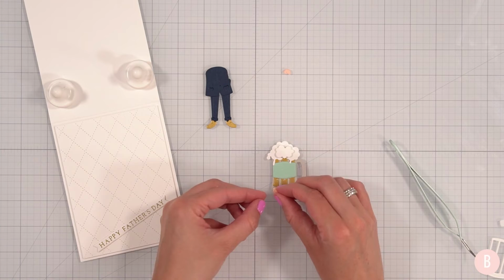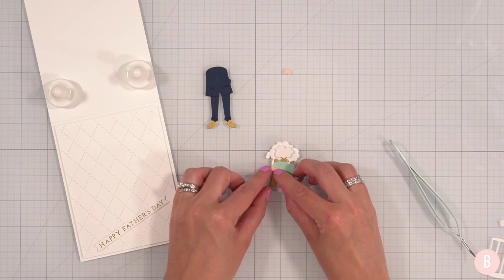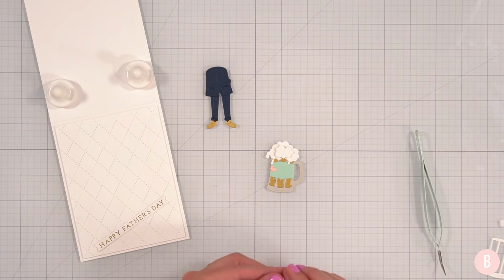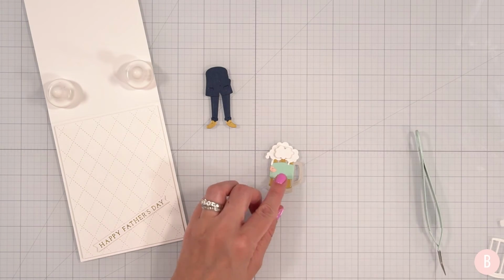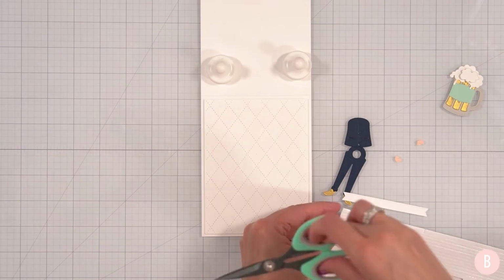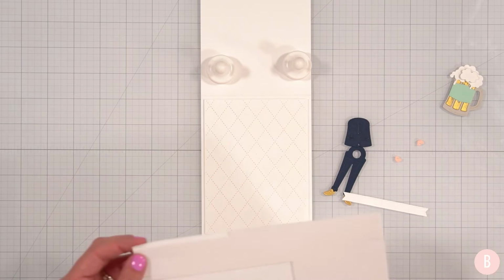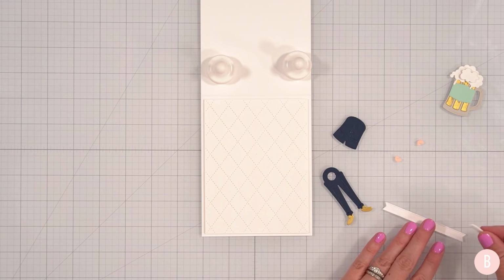So these little hands have a little slit in them, and you're supposed to wrap it around paper so it looks like they're being held. But as you watched me put that little mug together, there were quite a few layers of cardstock, so it didn't quite fit all the way around. You'll see how I remedy that in a little bit, but I'm going to grab some thin foam